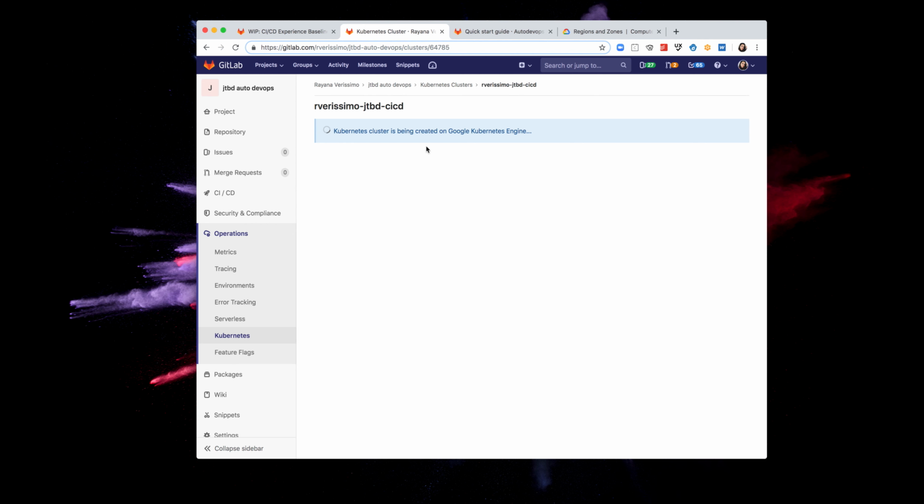All right, Kubernetes is creating my cluster on Google Kubernetes Engine. Okay, it's loading. This might take some time. In the meantime, I'm gonna go have a look on